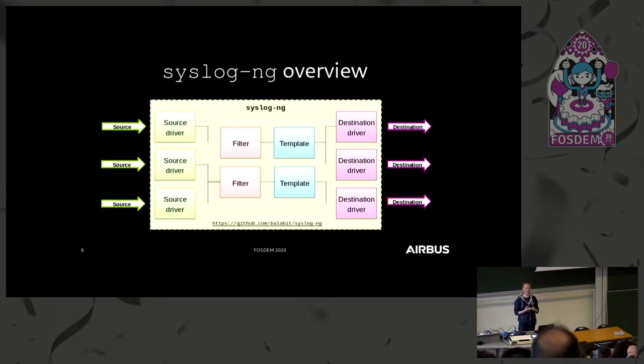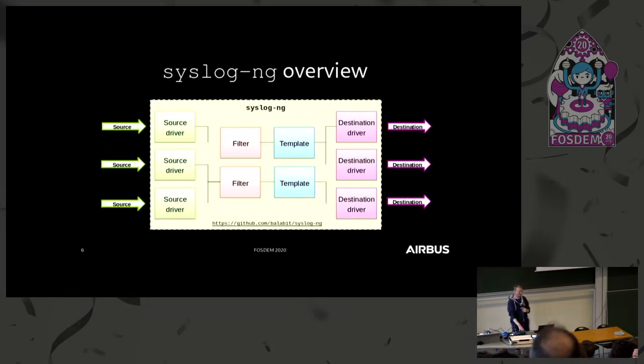It may be a file, it may be a database, wherever it comes from, it can be fed into the syslog NG system. Then it has a filter mechanism, so we can actually filter and route individual log entries inside syslog NG. And you can also rewrite them. This is the template mechanism. So let's say you get a message in from a database and you want to reformat that message for the output,